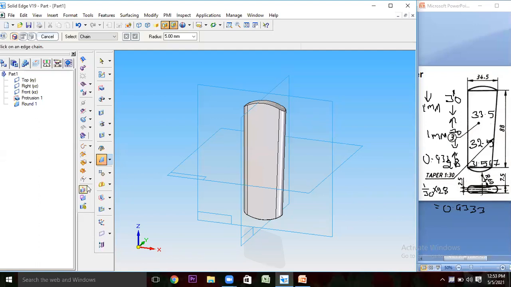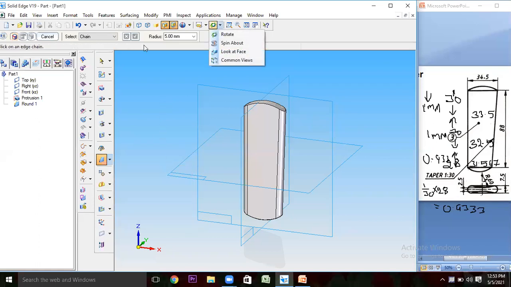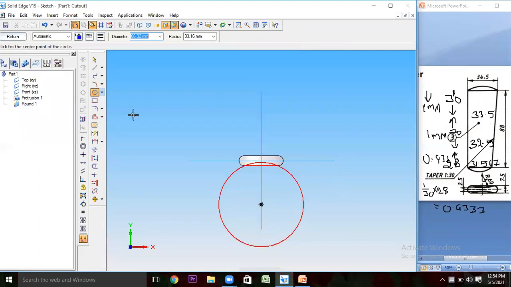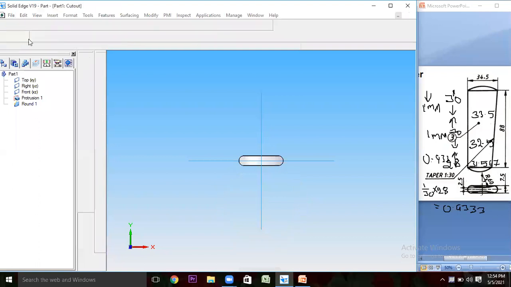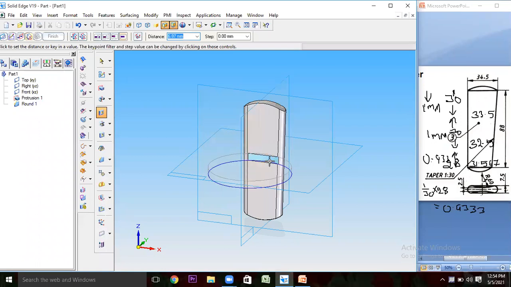For that purpose, we have to create a plane initially, because if I select the top view and perform a cutout, and think that I'm going to create one round somewhere like this, it will be cutting this entire section. But I want the region only from this point upward, only this much, while it will cut the entire Cotter. So to avoid that,